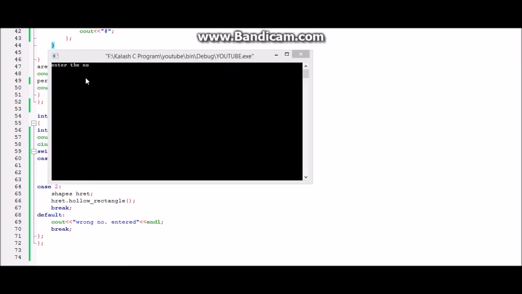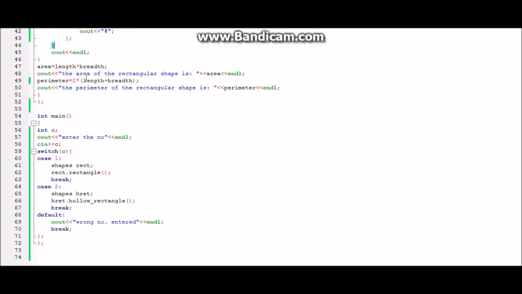So the numbers which we could enter are 1 for creating a rectangle and 2 for creating a hollow rectangle. So we'll be running this twice to check both of them if they're working or not. And if we enter a number which is not 1 or 2, then it will show wrong number. So we'll try that first. Yeah, 4, wrong number entered. Then in a similar way,